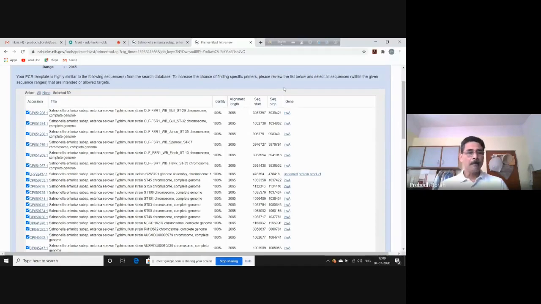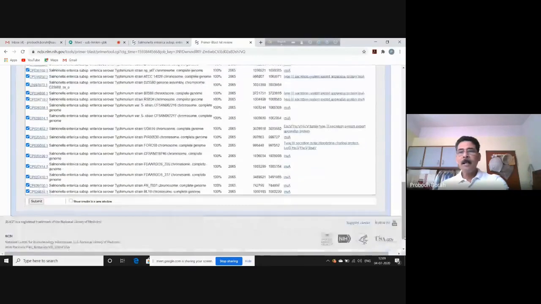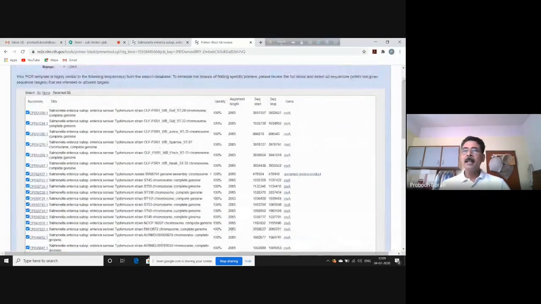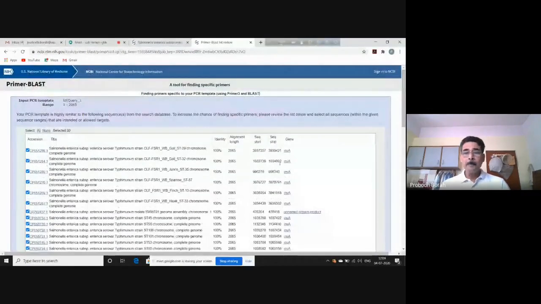So it will take a lot of time. So to reduce the time requirement for today's practical, because all of them are having 100% identity. You see, identity percentage is 100%. So all of them are exactly the same sequence. So blasting has to be done against all the sequences. It will take a lot of time.